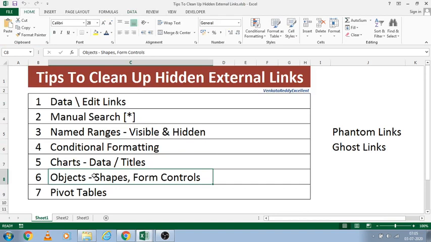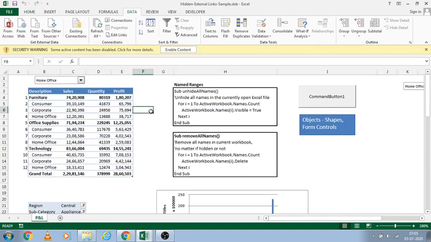The next option is objects, shapes or form controls having links to other files. Here I have selected some form controls: a drop down button, a command button, and a shape, a rectangle. The link has been given to another file.